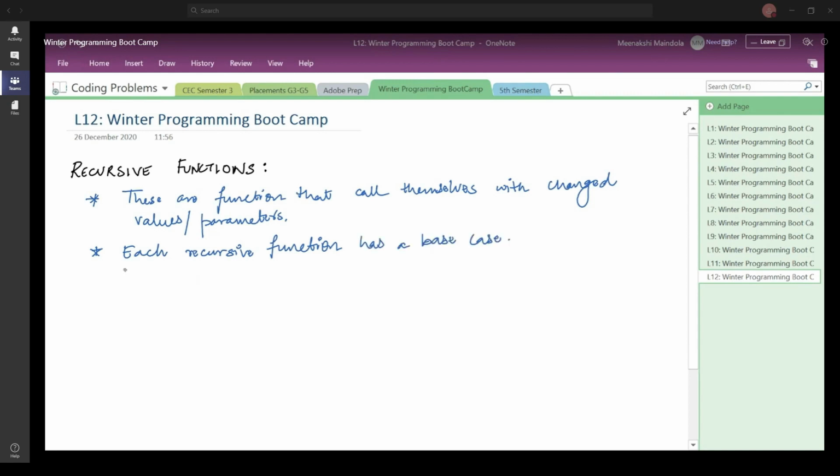Okay, so let us look at one of the most common examples of recursion, which is to find the factorial. Let us say you have this function here. Let me write down the function definition. So you say if n is equal to 0, then return 1.